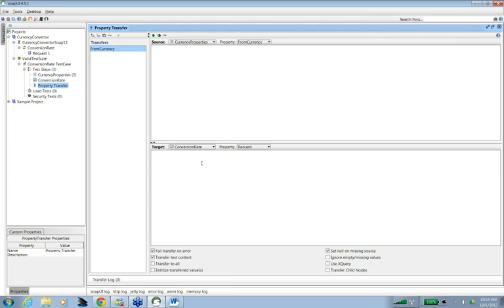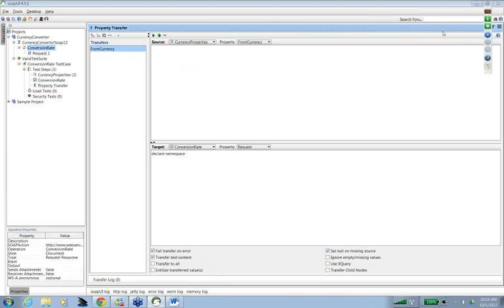First let me tell you what an XPath is. XPath is nothing but the path to a particular element in an XML document. For that you have to declare the namespace, and you can go to the WSDL and see what the namespace is there.